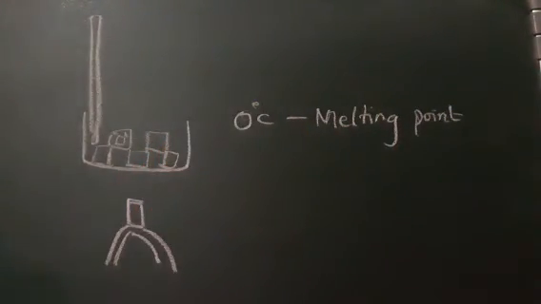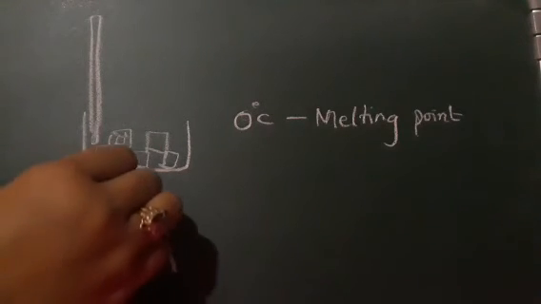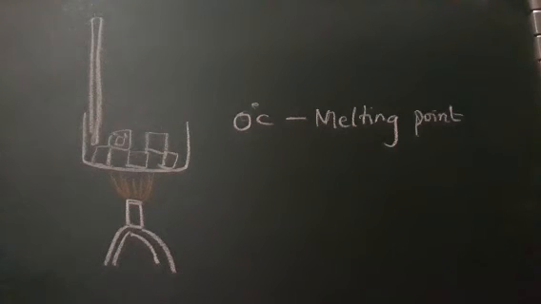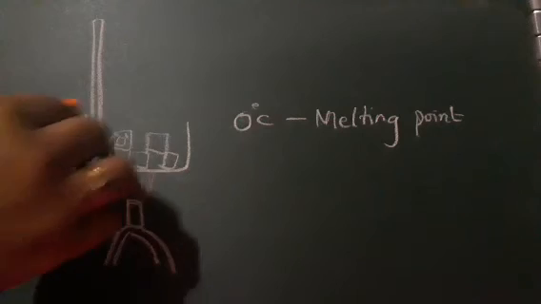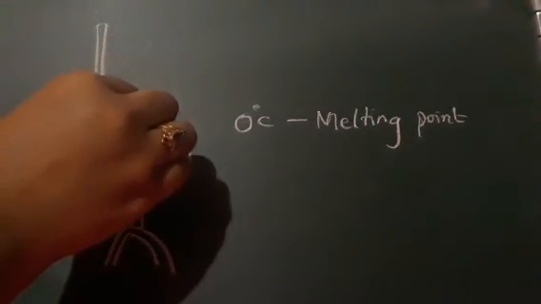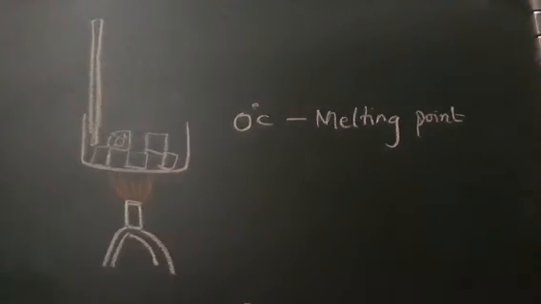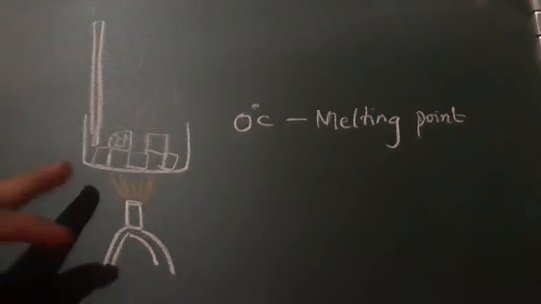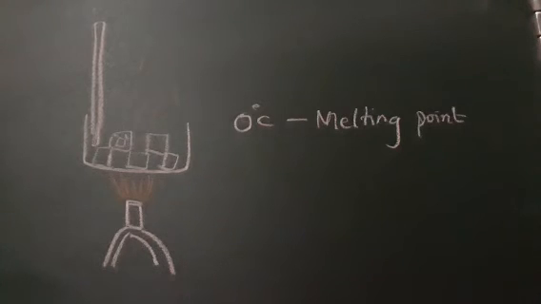So now we are going to start the burner. We are going to start to heat it. Now what is happening, it will start boiling the water. That is, the ice starts melting and the water is converted into steam. You can see the vapor coming out of it, and the ice is starting to melt into water.